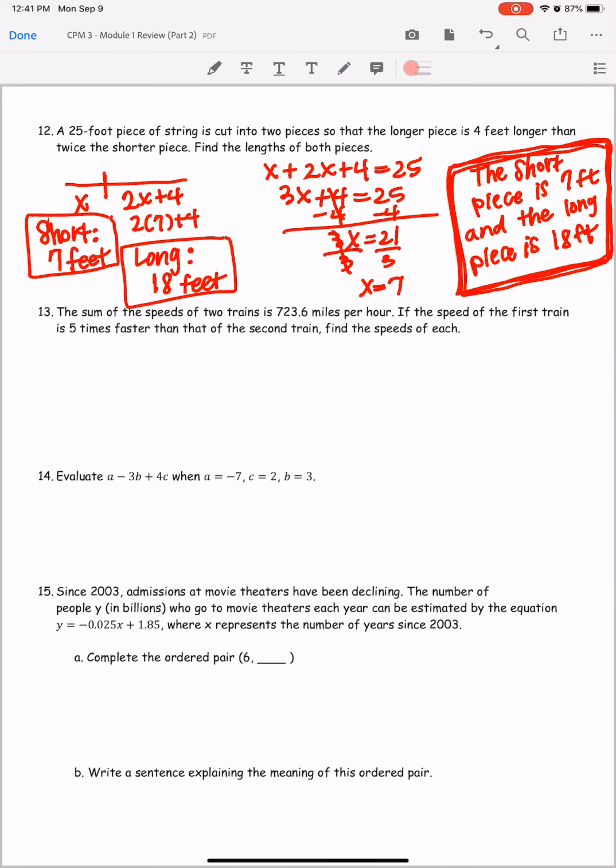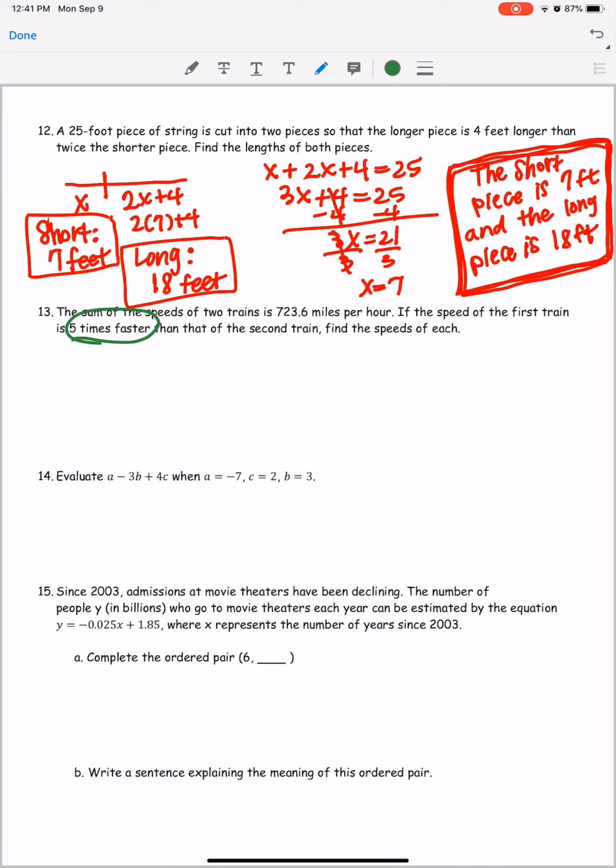Let's try another word problem. The sum of the speeds of two trains is 723.6 miles per hour. If the speed of the first train is 5 times faster than the speed of the second train, find the speeds of each. You've got to be careful on these, because a lot of times when you read something